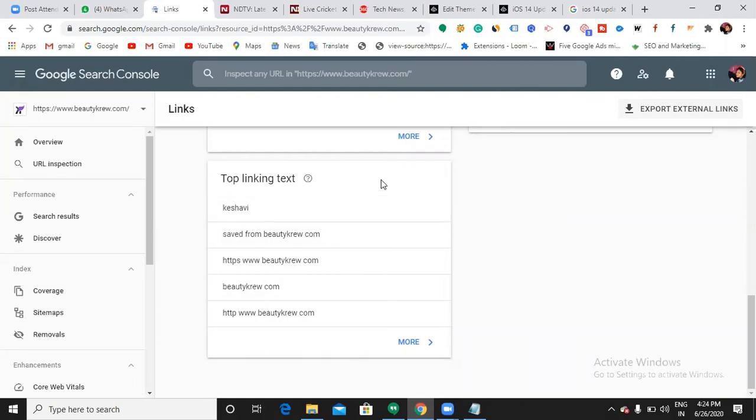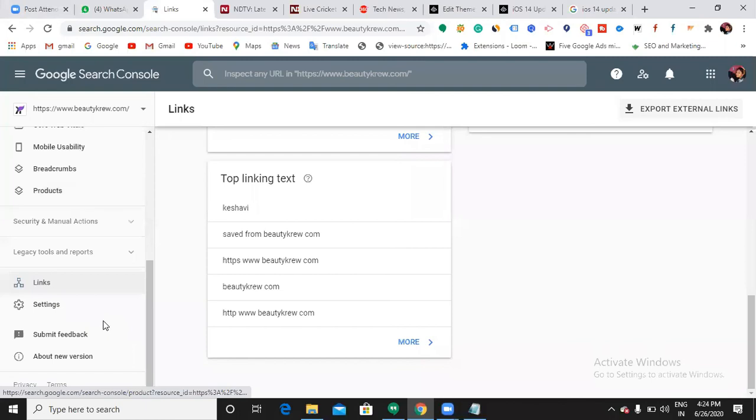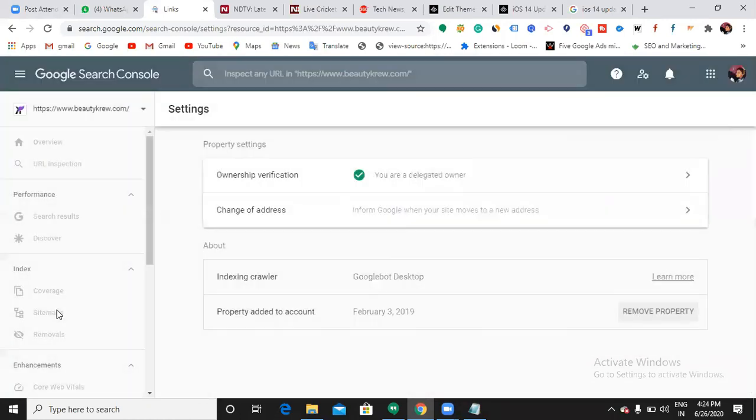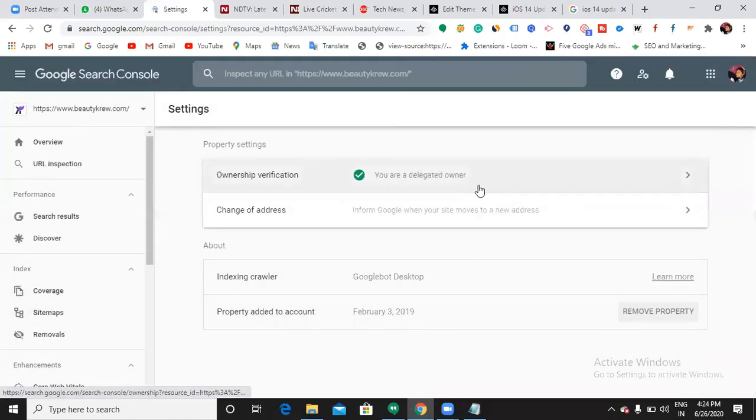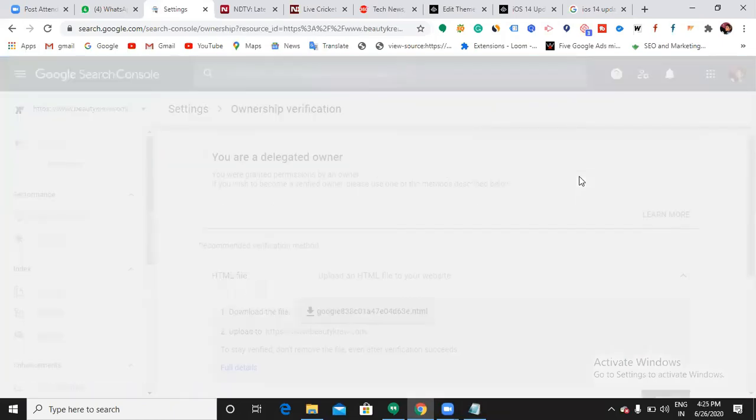Now I don't want to give credentials. I am an admin, and Sumit, Nidhi, I don't want to give credentials also. So what can I do, how can he see the performance of his website now? See here, there is one more thing: I can give access to Sumit to check the analysis. Let's go to the settings, and here is the ownership, right? Here it is showing that we have a delegated owner.